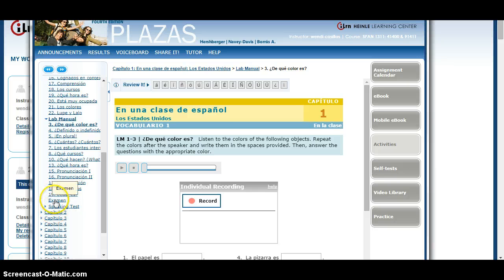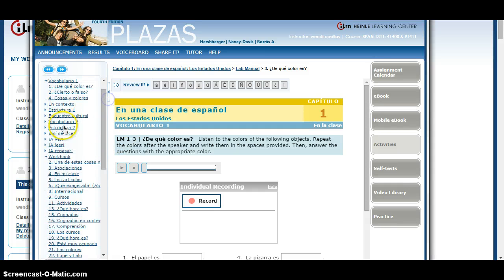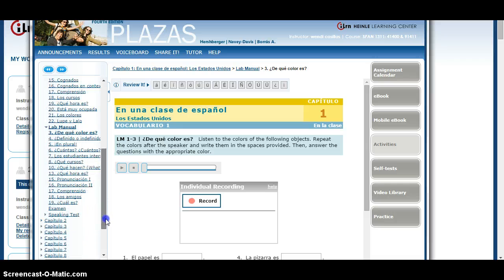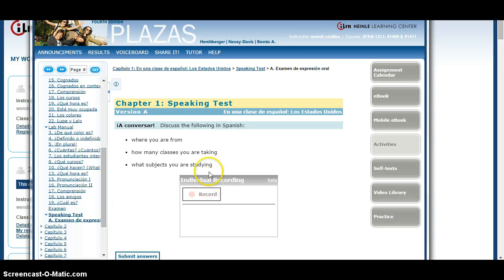So just in case you're confused and you're looking for them back with the other textbook activities up here, they are not there. They're at the bottom of the list of activities. So you can click speaking tests and you'll go to that. It's also called examen de expresión oral. If you go to the exam,